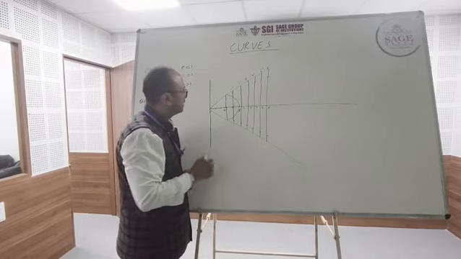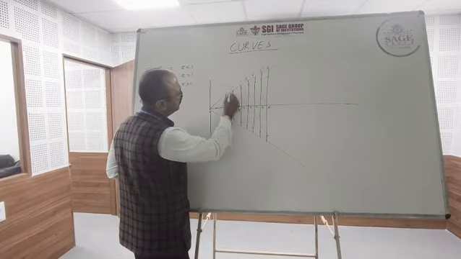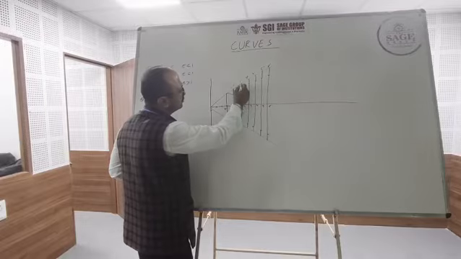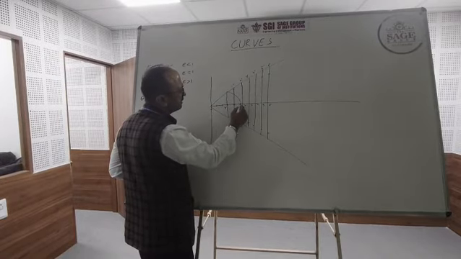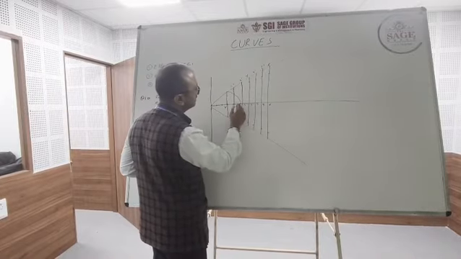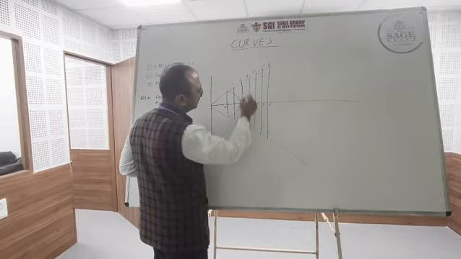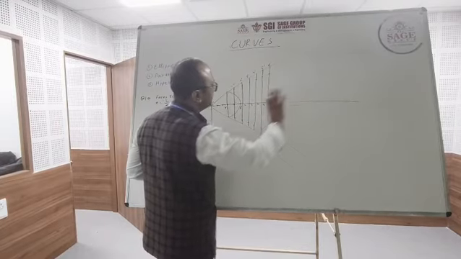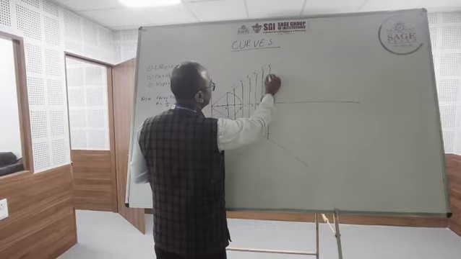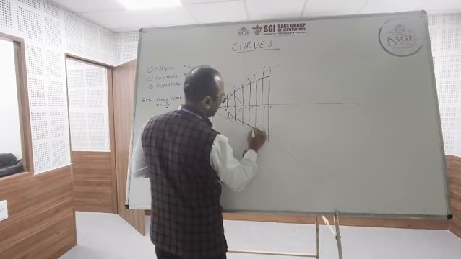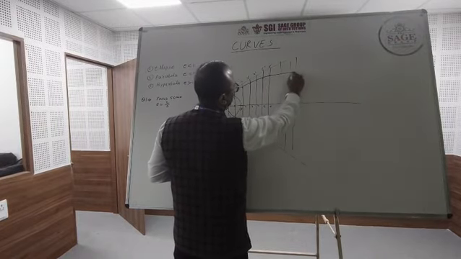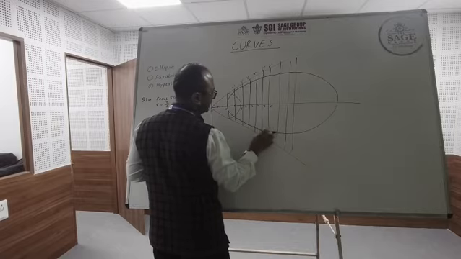Then to start making the curve, we'll take the distance from 1 to 1 dash, put the compass on F, and mark the arc on line 1. Then we'll take the distance 2 to 2 dash, put our compass on F, and mark the arc on the second line. Then we'll take the distance 3 to 3 dash, put our compass on F, and mark the arc on the third line. We'll repeat the same steps till the curve starts closing. Initially the size of the curve will increase, and after increasing its area, the curve will close. So you will get the ellipse.